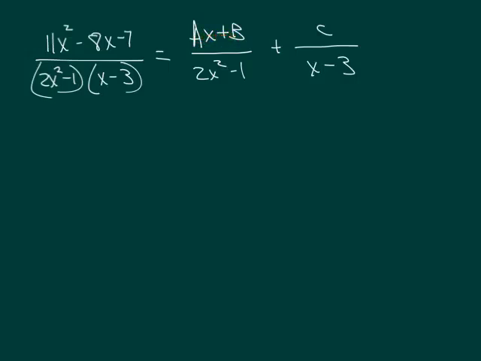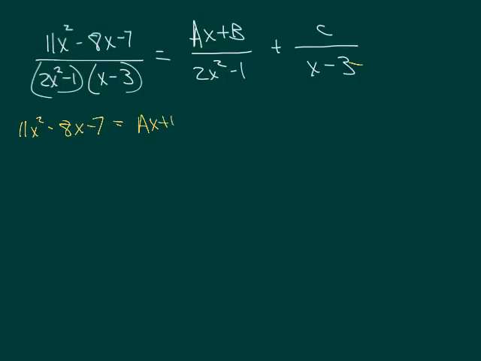Okay? Alright, so let's go ahead and find common denominators here. So I am missing on this left-hand side an x minus 3, and I'm missing over here a 2x squared minus 1. So I'm just going to write that all out, and I'm not going to write the denominators any longer because those are basically going to go away once I find common denominators. So 11x squared minus 8x minus 7 equals